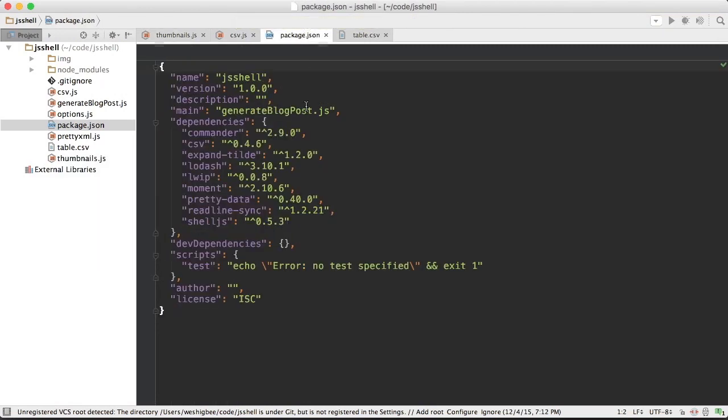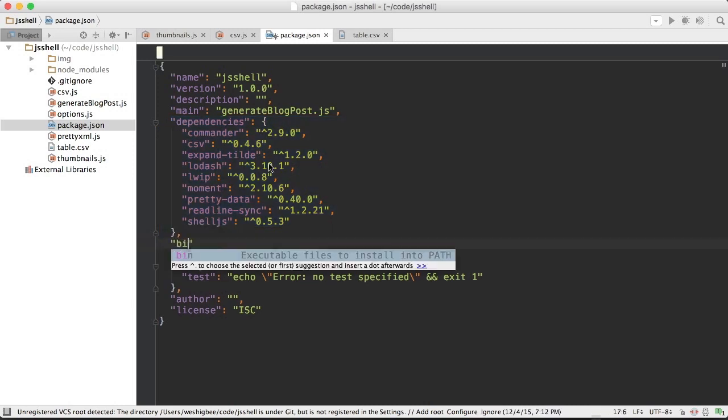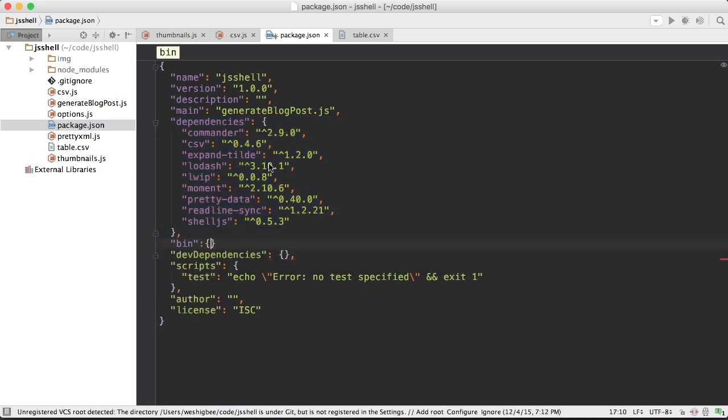And we did this so we could keep track of the dependencies that our shell script relied upon so that we could move these over to another computer and easily install them there. So we've already taken care of one of the major hurdles, and that's needing to specify the dependencies of our shell script. The next element we'll need to set up is the bin property,